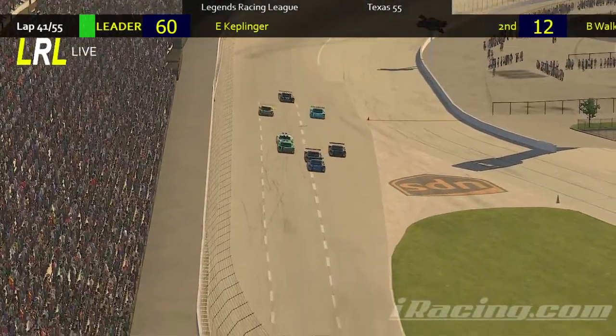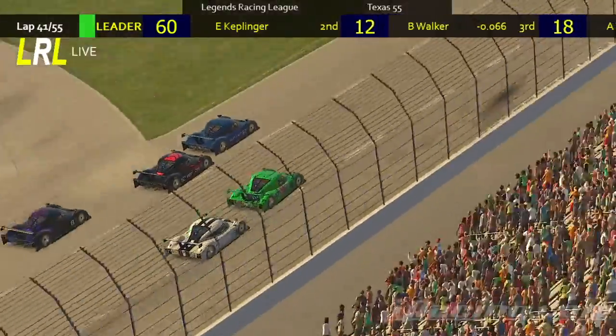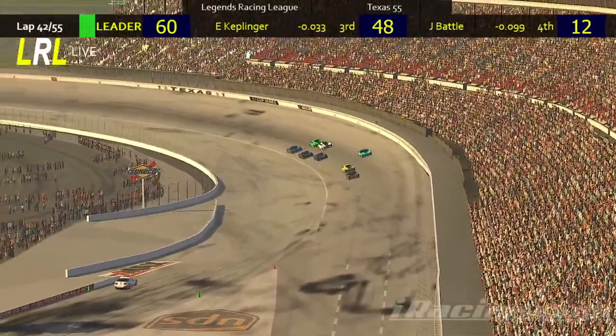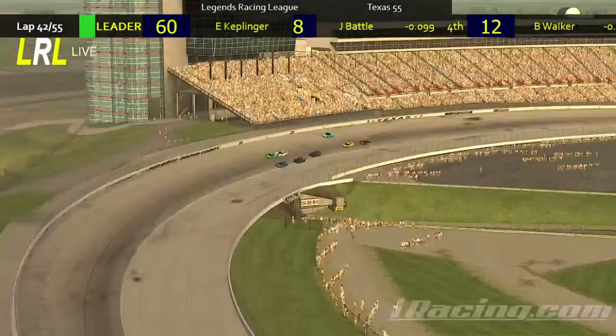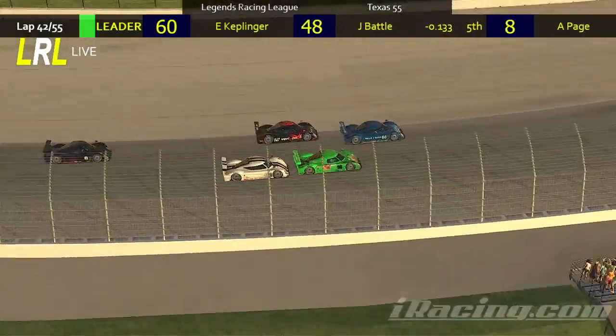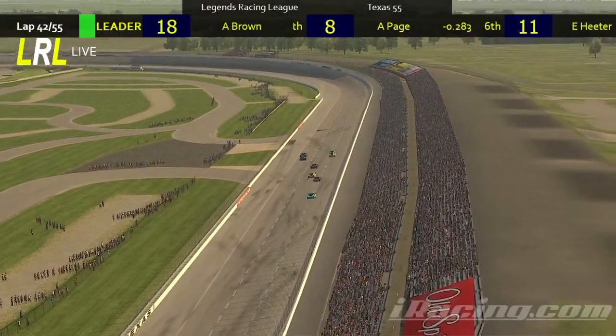this is going to be the time that people give you a lot. Amir Page looking to make it 3 wide on the grass. People are going to be a lot more aggressive in these final few laps. We saw that at Daytona as we had a huge wreck coming to the line. If you're a lap car right now, you definitely want to see a wreck right now. Definitely. But right now,